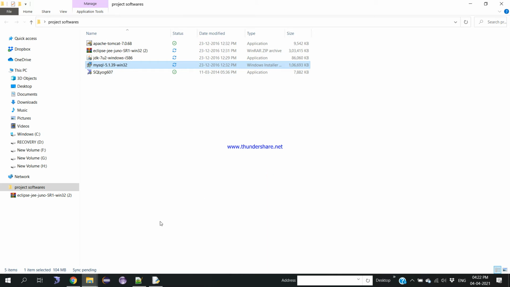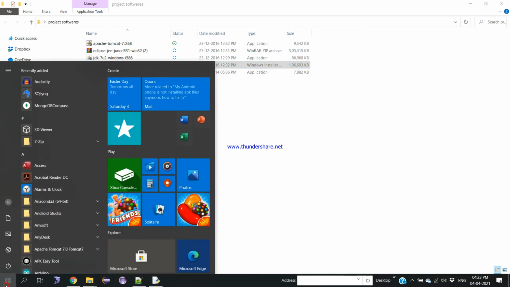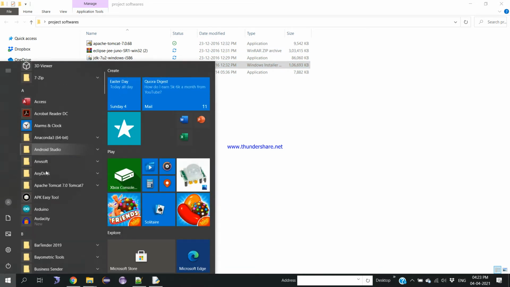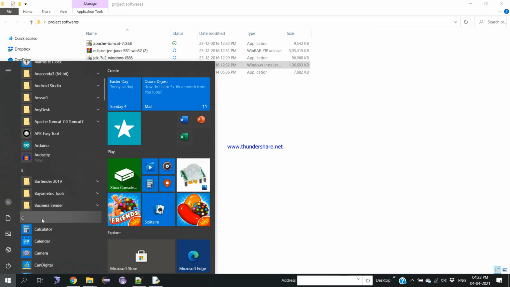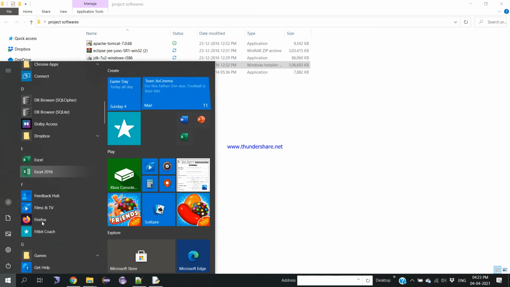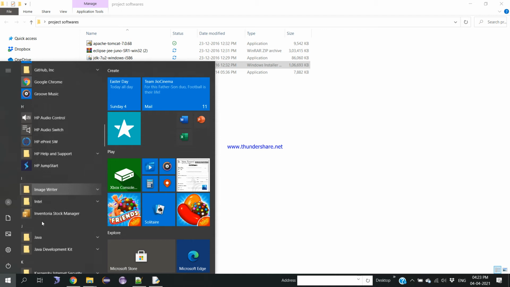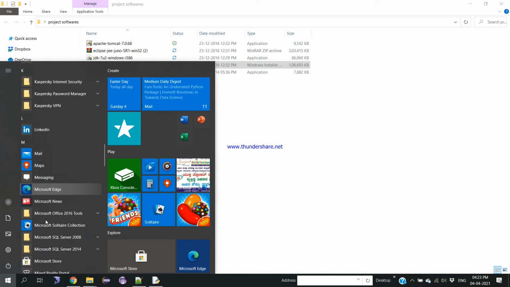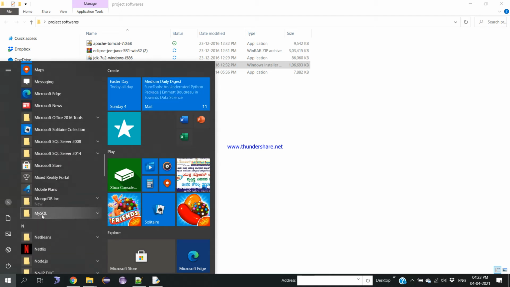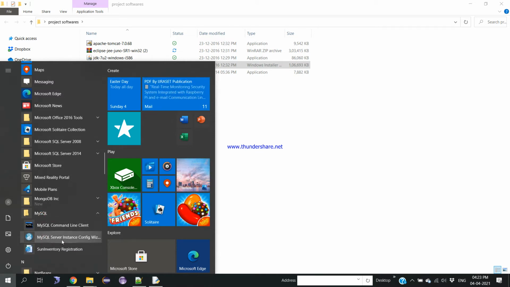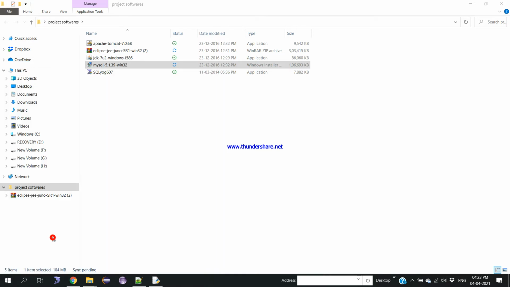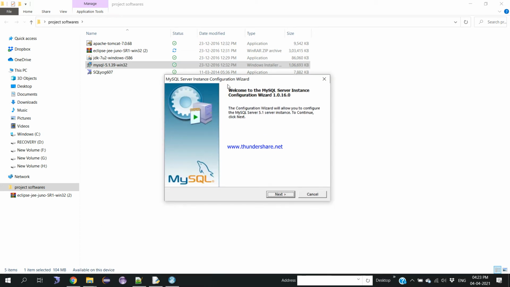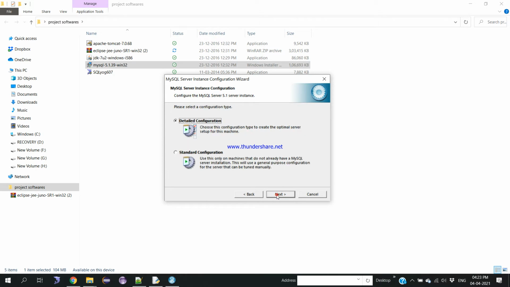What we need to do is go to the start button. Here we can find the MySQL folder. Click on that MySQL folder. You have to click on this option, MySQL Server Instance Configuration Wizard. You have to select this option. It will show this window. Here we need to click on next, next,